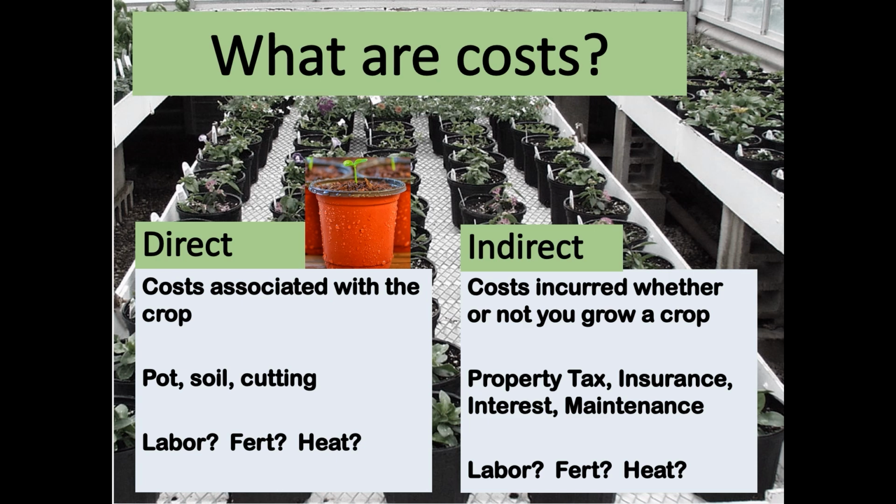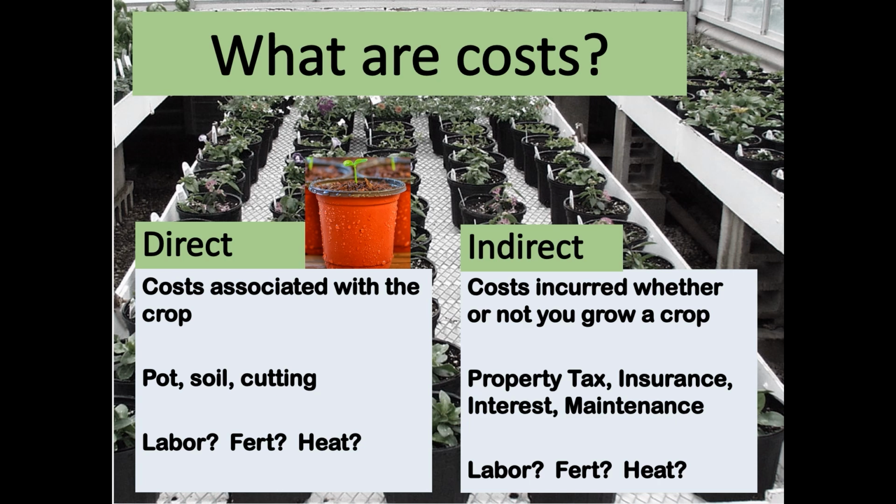But typically, and we'll make that call based on what you think you can accurately allocate to that crop, it's typically pot, medium, and cutting. And often if we do an incorporated fertilizer, like a controlled release Osmocote, we will make that a direct cost. But if we're injecting fertilizer through the entire system, often that becomes an indirect cost for the sake of this method. Our indirect costs are the ones that aren't directly related to the pot that we're going to sell, right?